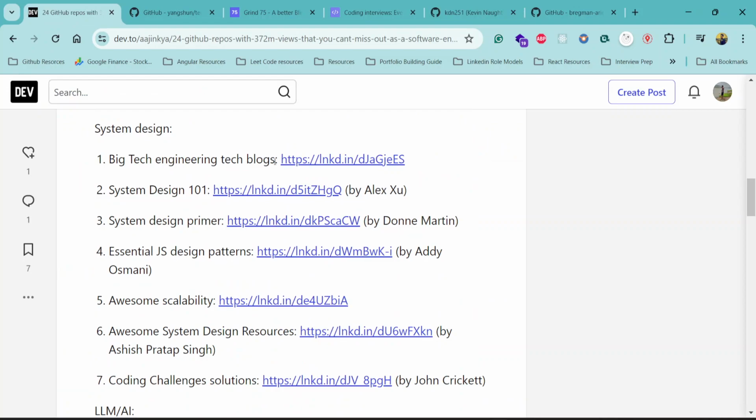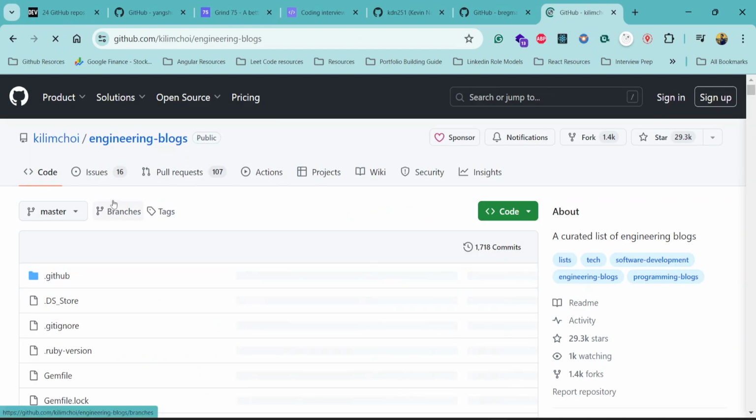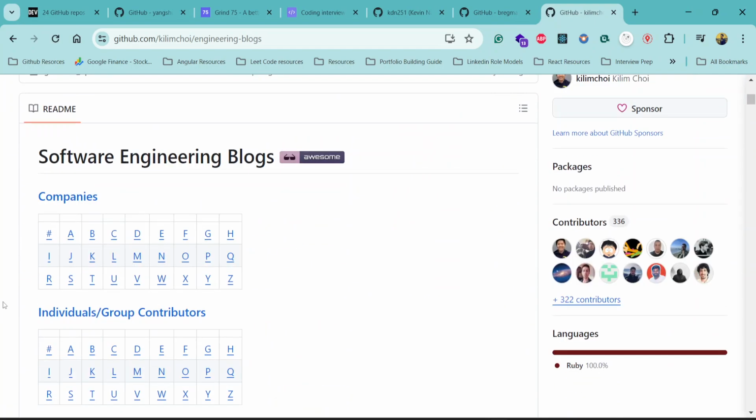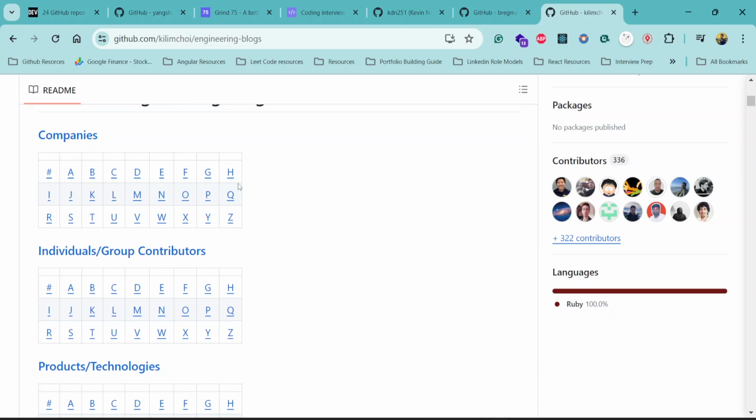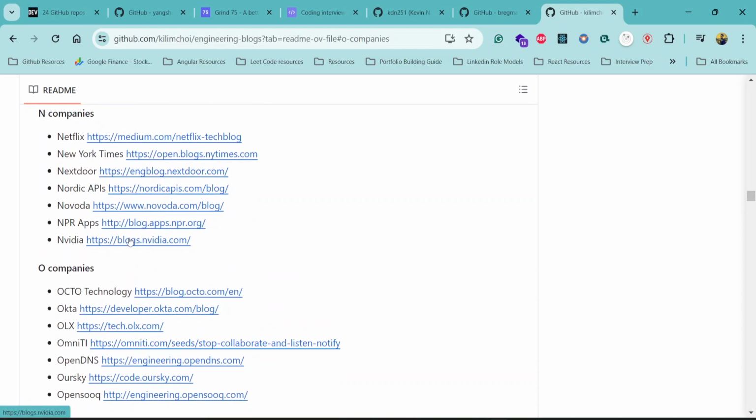Okay, after that, big tech engineering blogs. Basically, there is an engineering blogs section. If you're looking for company-specific blogs, let's say Nvidia. If Nvidia is working on something, they might publish a few blogs related to their POC. They might be working on machine learning, AI, or a specific tool, and if they want to publish some of the information related to that,